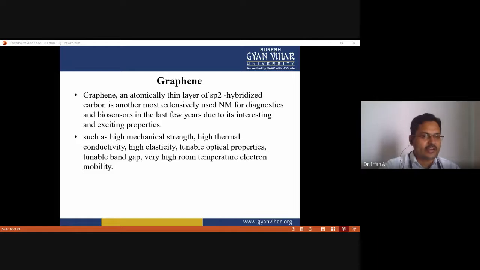And it is a transparent material with a very low production cost and low environmental impact, and it has been extensively employed in electrochemical, impedance, fluorescence, and electrochemiluminescence biosensors for the detection of a wide range of analytes such as glucose sensor, cytochrome C analysis, NAD, NADH analysis, hemoglobin detection, cholesterol detection, ascorbic acid detection, dopamine detection, uric acid detection, hydrogen peroxide detection, and peroxidase detection, catechol detection, DNA detection, heavy metal detection, and even some of the gases detection. The graphene can be used in a biosensor.